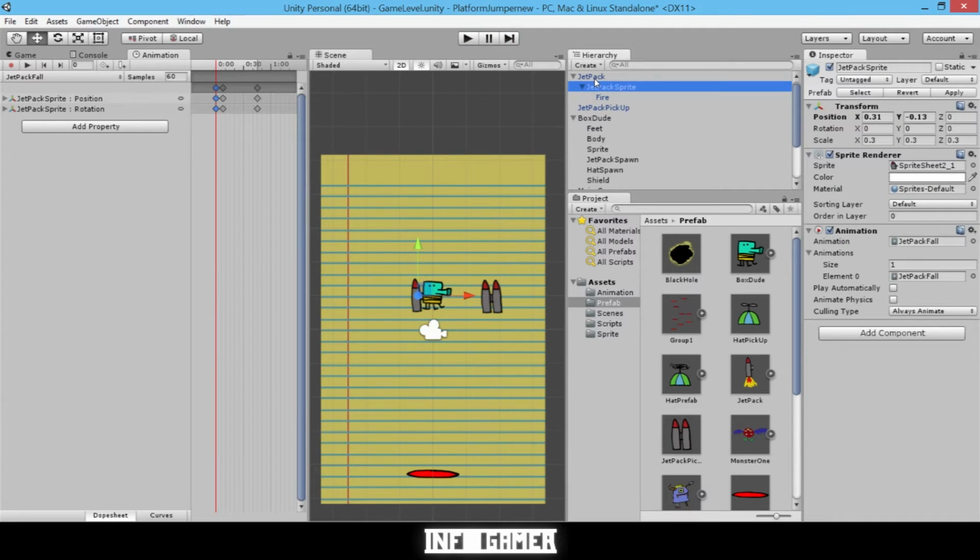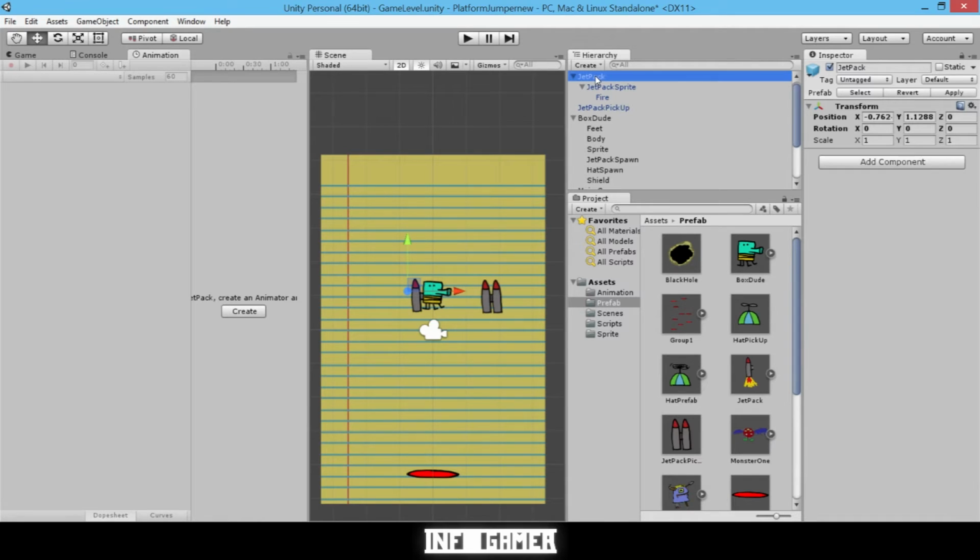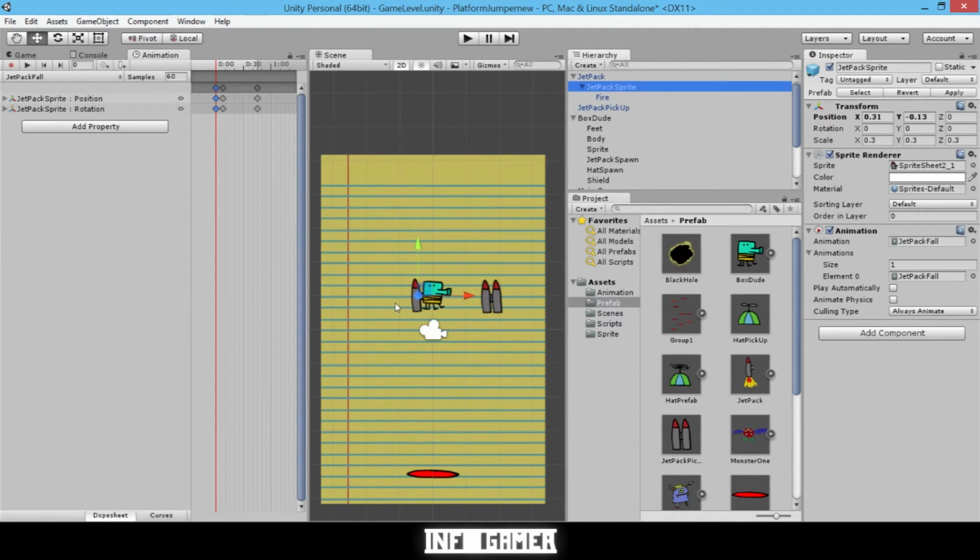Now the important thing to remember for this animation is that when your main character is at the top of his jump, you want the jetpack to fall from that position to below the screen. And so the highest point that our box dude will reach is 1 in the Y direction. And so we've set the parent object of our jetpack